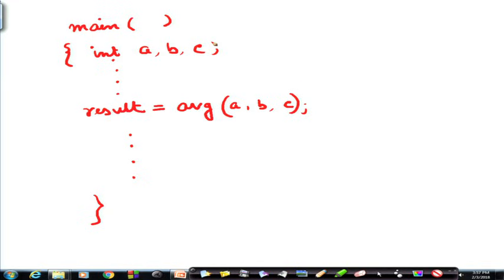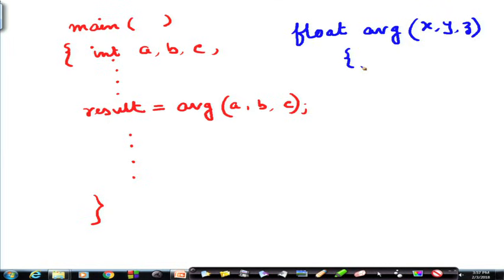Now, we have got the function which is average. Now, this average of 3 integers can be a float. So, I just write, I will explain it a little later, float average x, y, z, and I can say int x, y, z, and whatever I am computing average here.